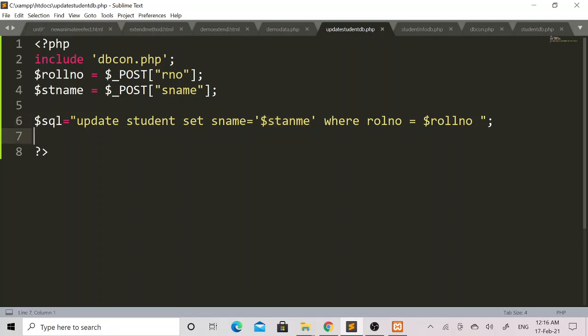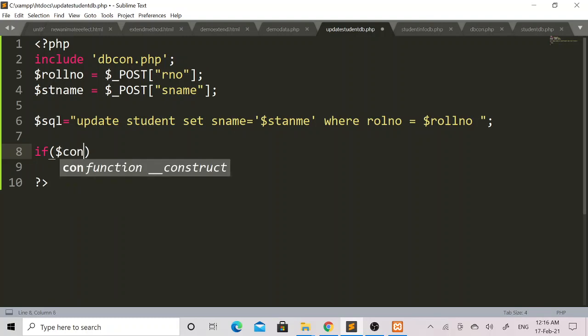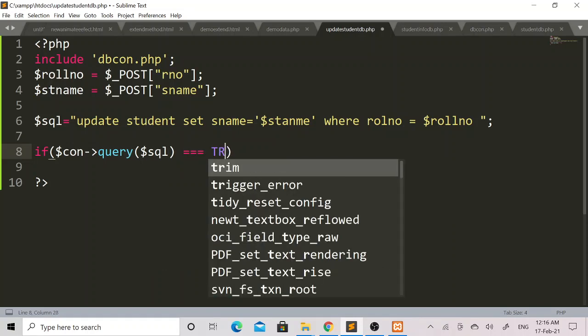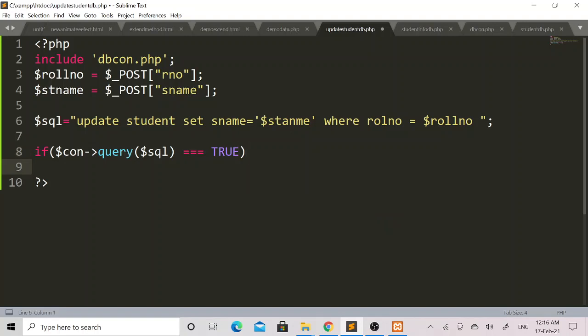Then again here I will write an if condition, if $con arrow operator, then I will call the query function. Within this query function I will pass the $SQL variable equal to true. It means that if this query has been executed successfully, then I will write an update successful message.